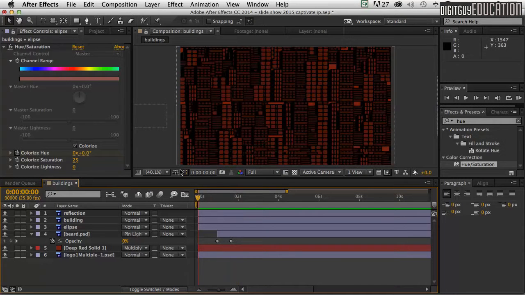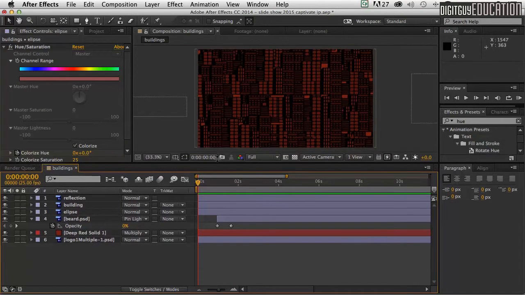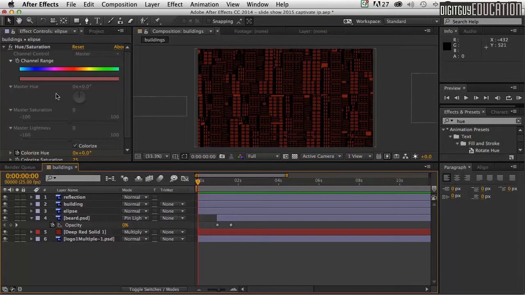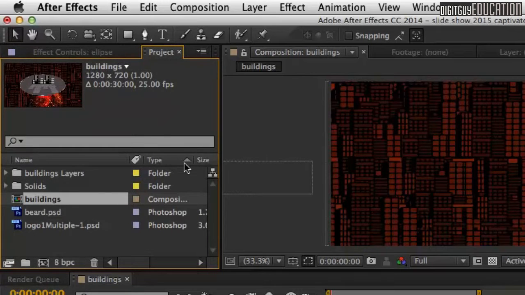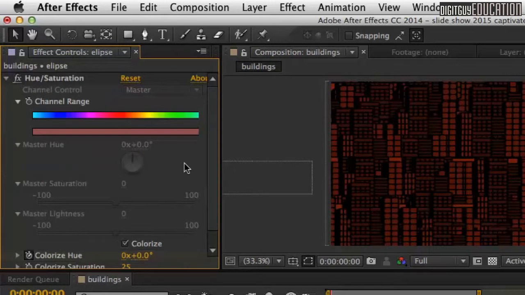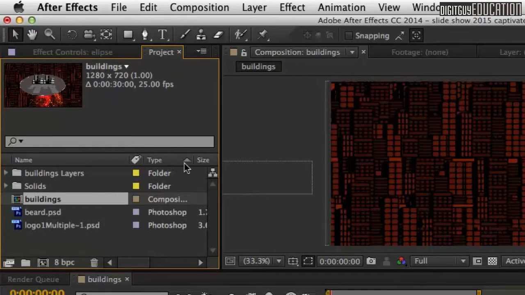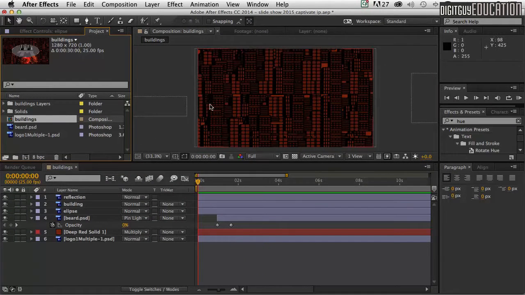Okay, to do that, I just might zoom this up a little bit. Now you'll notice how your project window is now your effects control window. To toggle between those, just click in there like that, and the shortcut is Command 0. Command 0, you can go between the effect and the actual project window. Okay, having done that,